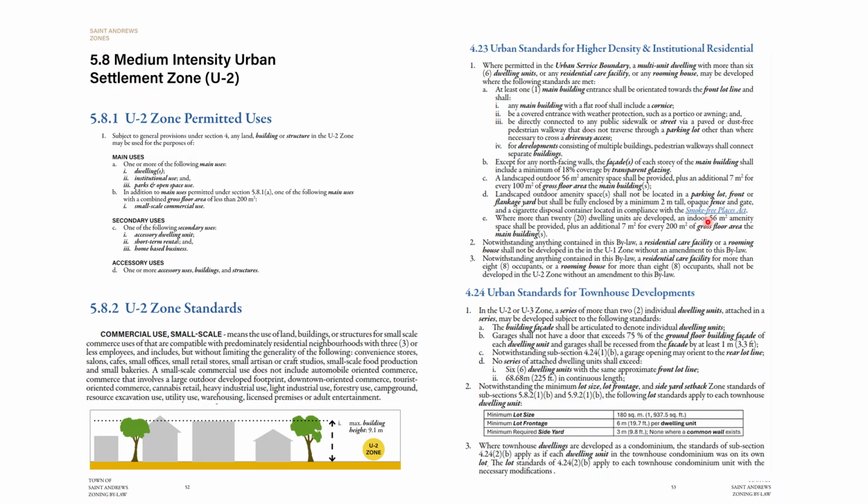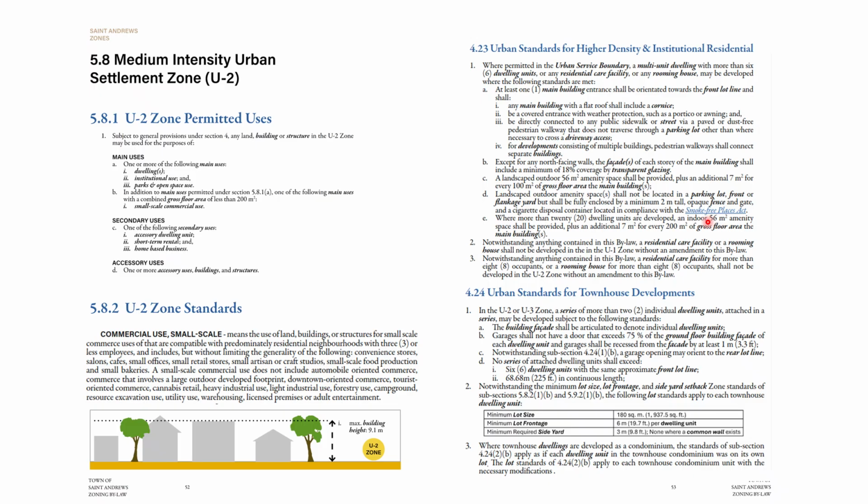Except for any north-facing walls, the facades of each story of the main building shall include a minimum of 18% coverage of transparent glazing. Landscaped outdoor amenity space of 56 square meters shall be provided, plus an additional 7 square meters for every 100 square meters of gross floor area of the main building. Landscaped outdoor amenity areas shall not be located in a parking lot, front or flankage yard, but shall be fully enclosed by a minimum 2-meter tall opaque fence and gate, and a cigarette disposal container located in compliance with the